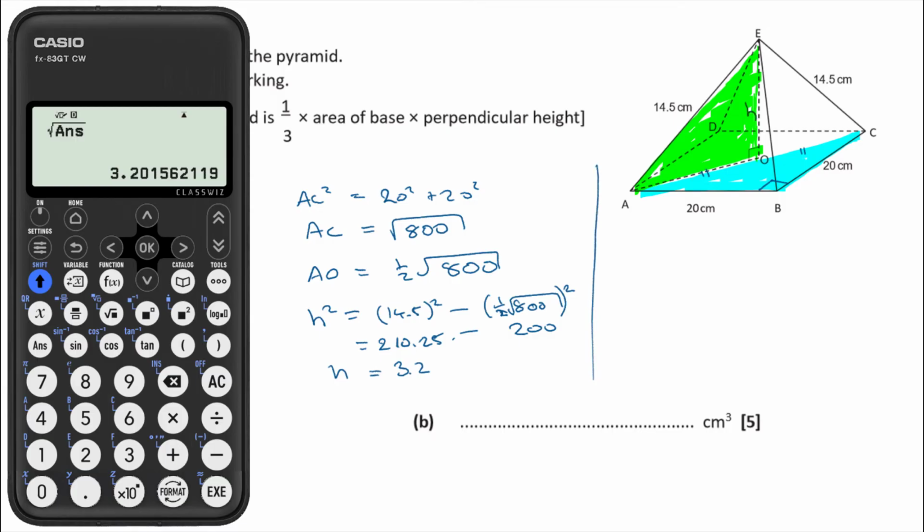It's 3.2-ish. So the volume of my pyramid is going to be a third times the area of the base times the height of the pyramid. What's the area of the base? Well, the base is a square, so it's going to be 20 squared times the height, which we just worked out to be 3.2-ish, whatever the calculator display is. So I'm going to use the last calculated value, times it by 20 squared, and divide it by 3, and that comes out to be